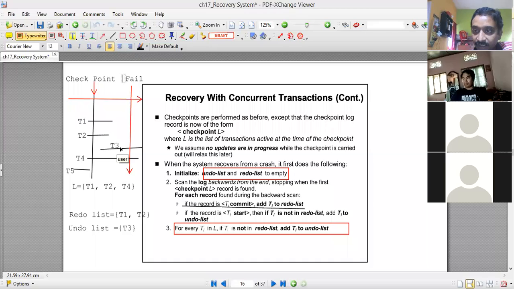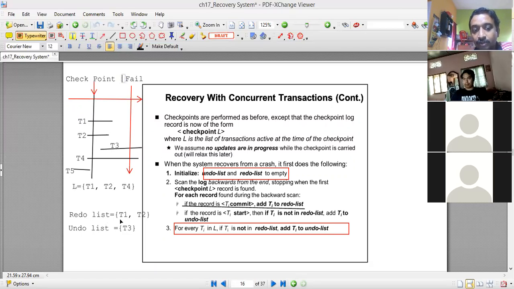T3 was also not active because it has not started. Only T1, T2, and T4 precede the checkpoint start line, so they are added to the checkpoint list L. These are the active transactions at the point of checkpoint start.